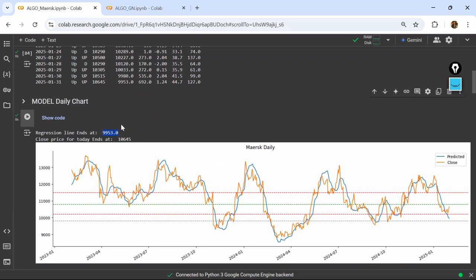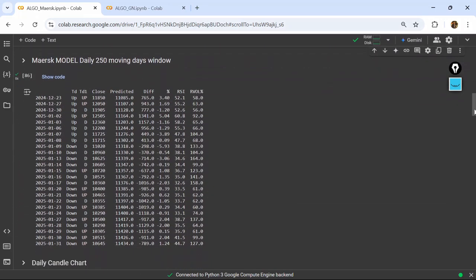It is only because I trade for the short term. I only look at 25, 30 days, sometimes 20 days. So I calculate on 20 days, 25 days, 30 days, 40 days, 50 days, depending on the analysis. But right now it is built on 25 days. That's why the regression line is steep and down from the closing price. But this has been designed on yearly data, almost a 250-day window.